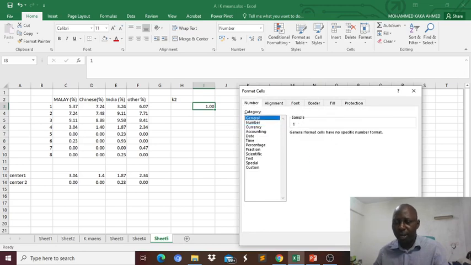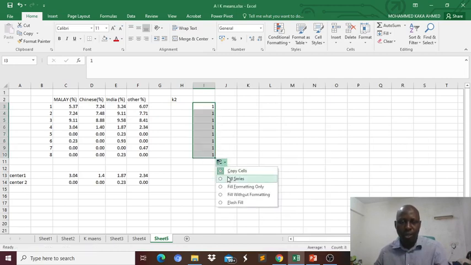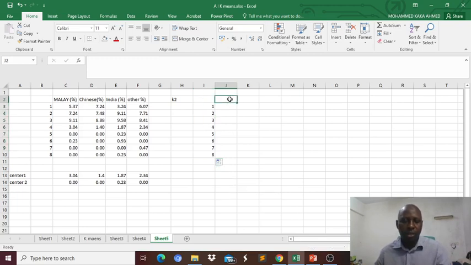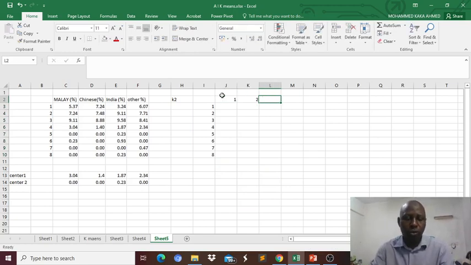So don't be surprised if you have such a technical problem. You just drag, and you click fill series. You can see it has done it automatically. This is our center 1, cluster 1, this is our cluster 2, and we want to find our cluster. So we have done this. So therefore, we move to